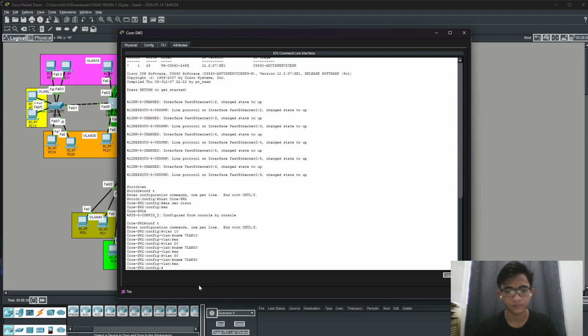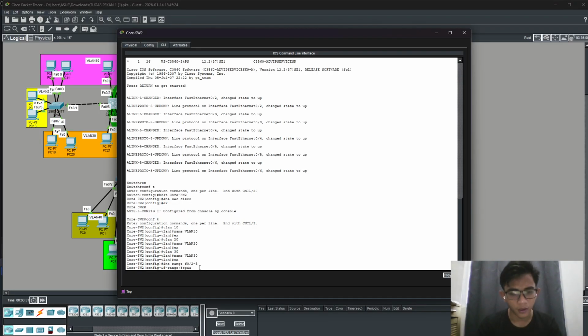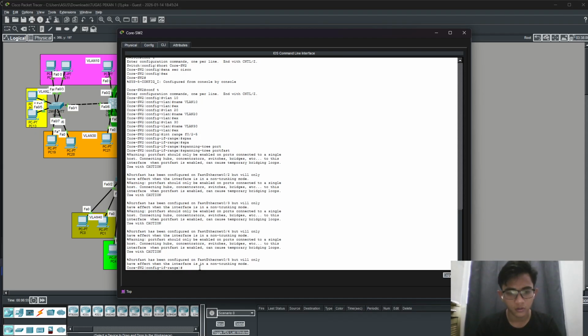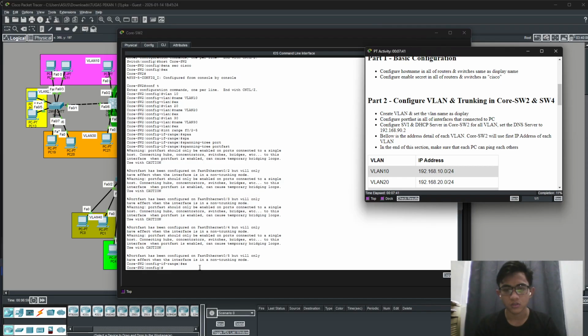So you can use interface range F0/2 until 5, and spanning-tree portfast. Okay, exit.